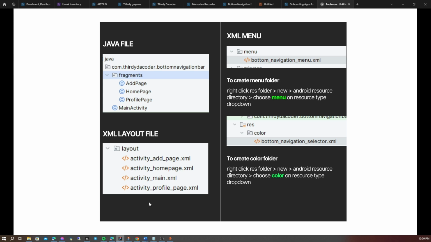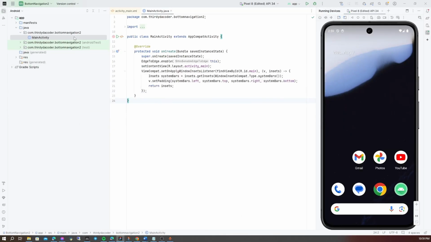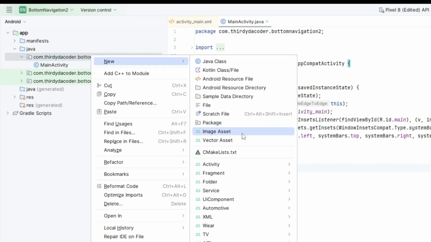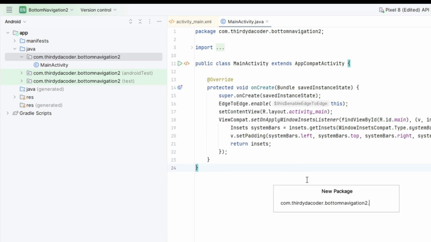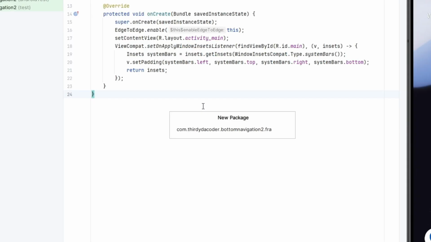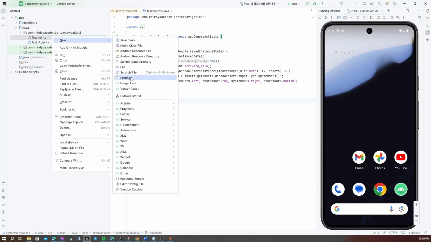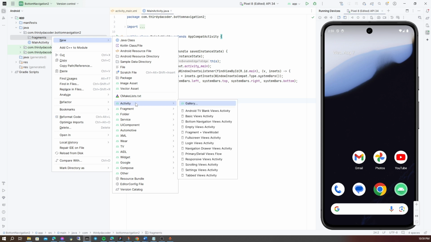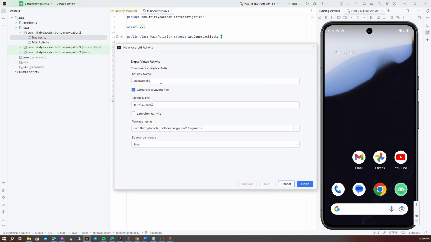So we can create it. Create package. We name it fragments. At the moment we create the activity, empty views activity.